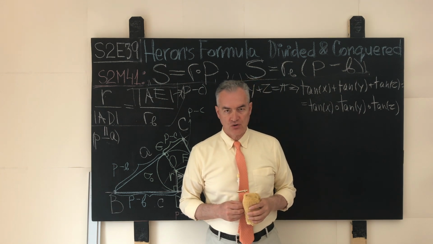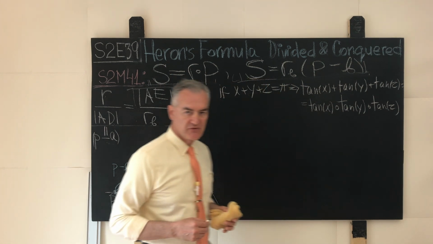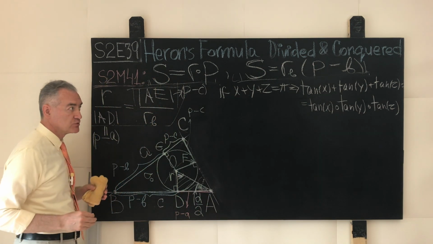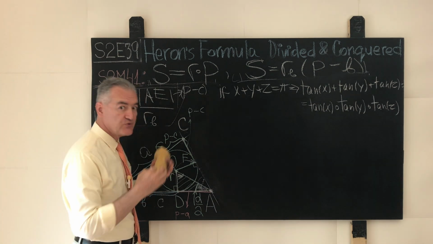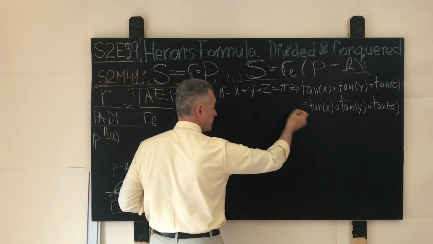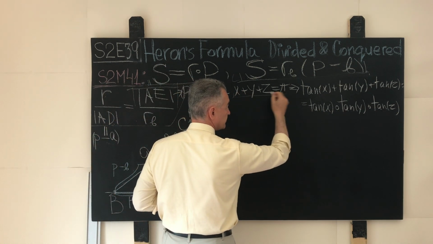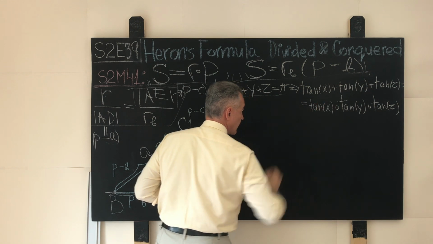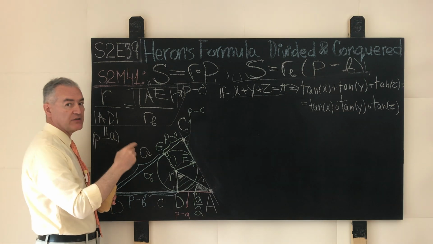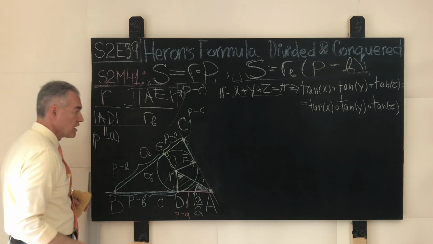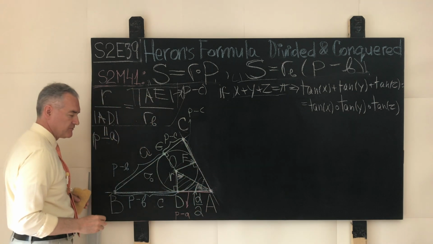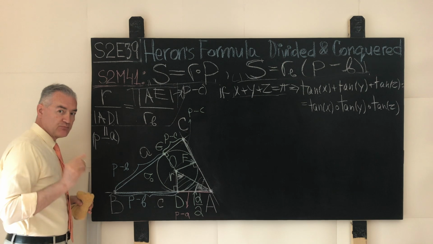Well, this version of a proof of Heron's formula will be very short and very sweet, precisely because of the power of the divide and conquer problem solving approach, our ability to fish out from our personal web of mathematical knowledge this wonderful theorem that if three real numbers x, y, and z sum to pi, then the sum of the values of the respective trigonometric function of tangent will be equal to the product of these very same values. The whole in this case will be our triangle ABC again,